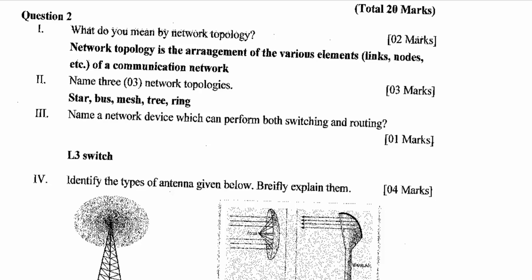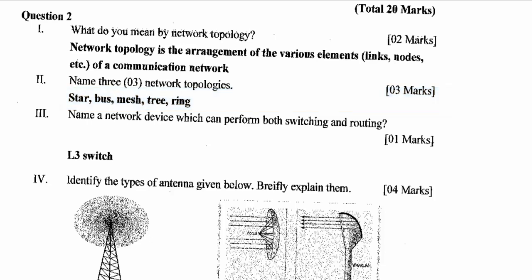Question number 2. What do you mean by network topology? In a network topology, we consider the arrangement of elements like nodes and links. So here there can be a number of topologies. In question number 2 part 2, it asks you to write 3 network topologies. So give any 3. Here you can consider star topology, bus topology, mesh, ring, tree, or any topology you